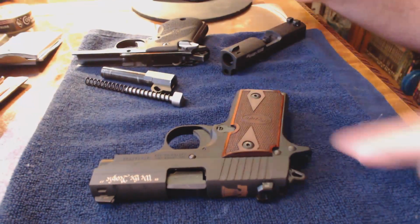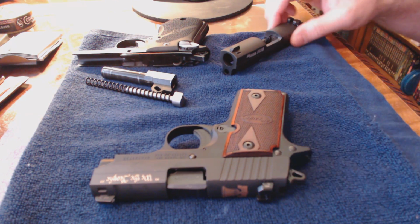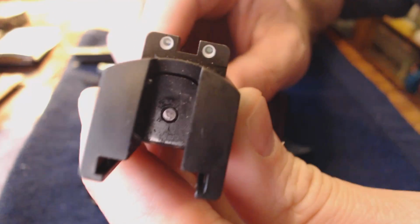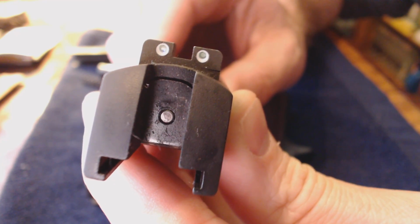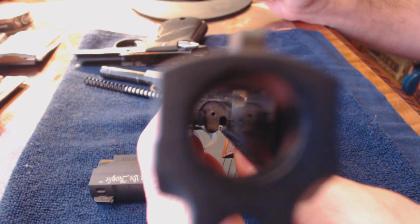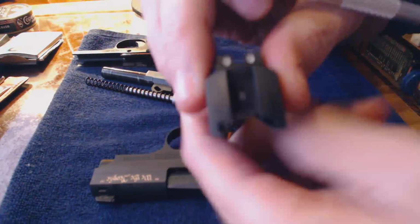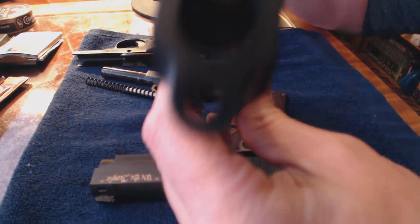So this 238 and 938 have almost identical internals. Let me explain this. On the back, let me get my camera to zoom in, that's the end of the firing pin, and that's where the hammer actually hits. If you look down the barrel, you'll see a hole at the end. So I'm going to take this metal pick and push on this end, and if you look down the barrel,